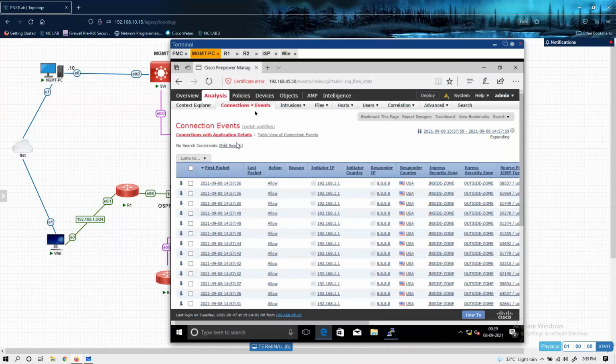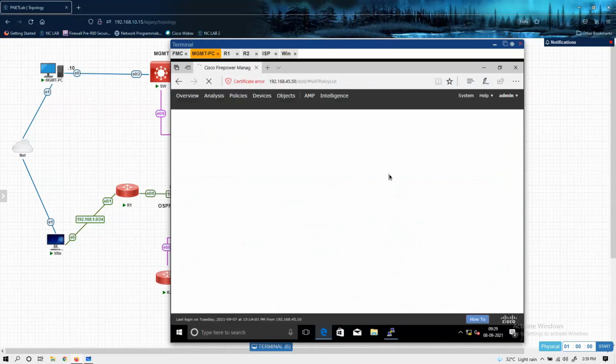Okay, let's go to management PC once. Go to NAT policy and check whether the policy is assigned to the device or not, because we deregistered the device.